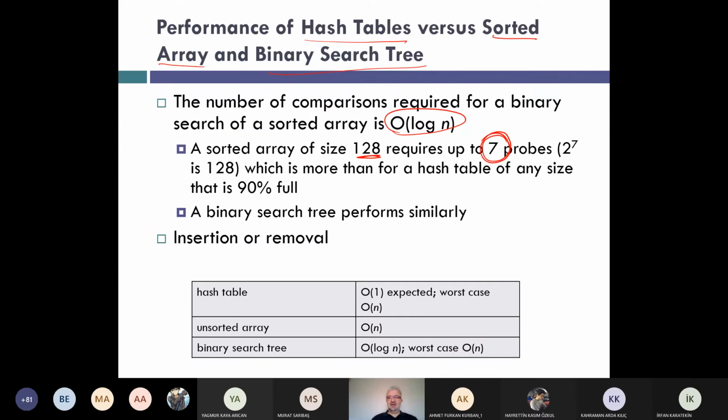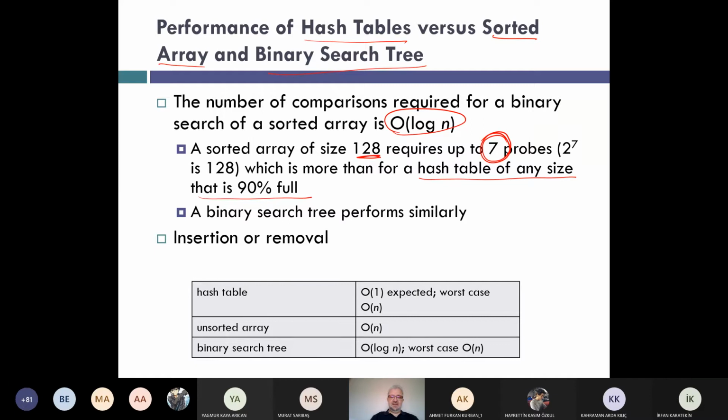Okay, a hash table of any size that is 90% full requires 7 probes. In binary search,